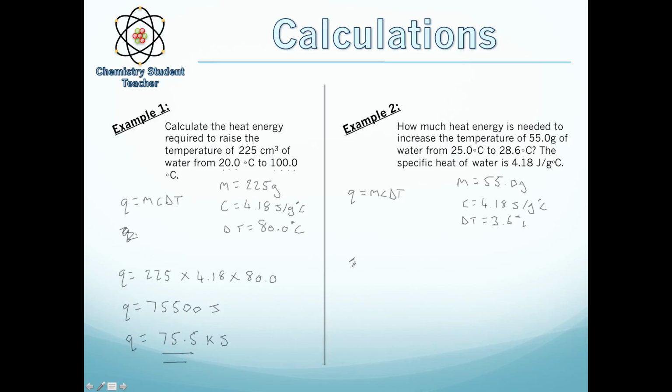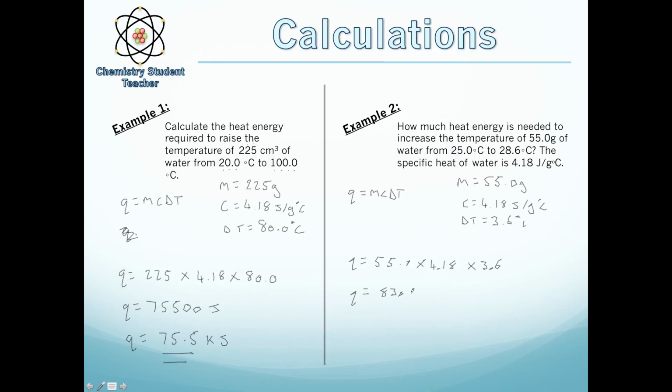So we put that in, so Q equals 55.0 times by 4.18 times by 3.6, and when you put that in the calculator, that gives you a value of Q being